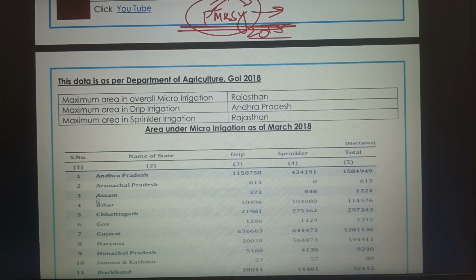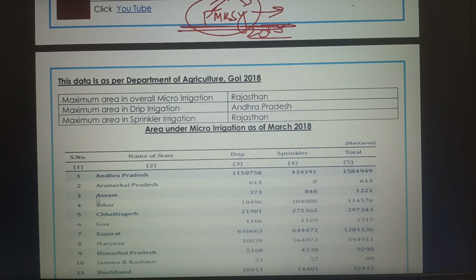So Pradhan Mantri Krishi Sinchai Yojana, after that whatever data is available, and before that, till now, whatever the area under irrigation is. So there are two types of things. Whenever you are studying, you will find certain contradictions in the data you get in PIB. The PIB mentions the data after PMKSY came; whatever the area under irrigation for micro or sprinkler after PMKSY was launched by the government, that it counts or reflects in the different articles of the PIB.